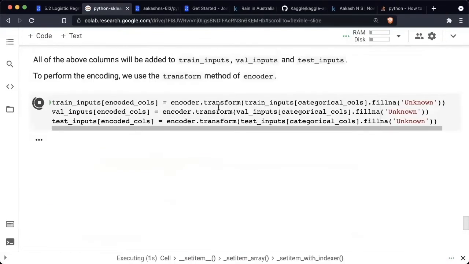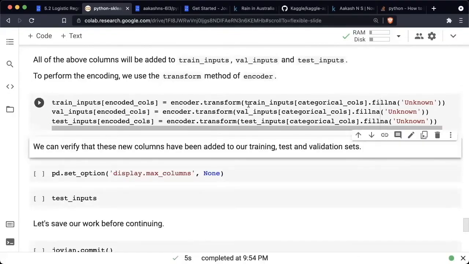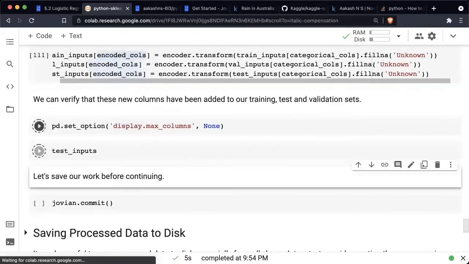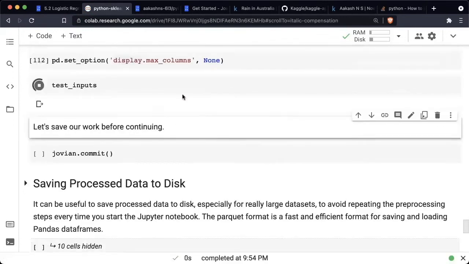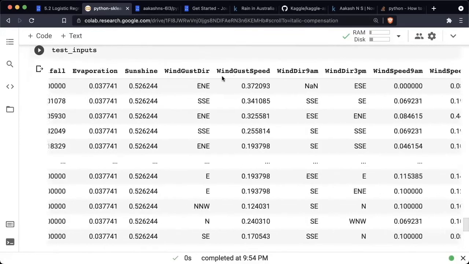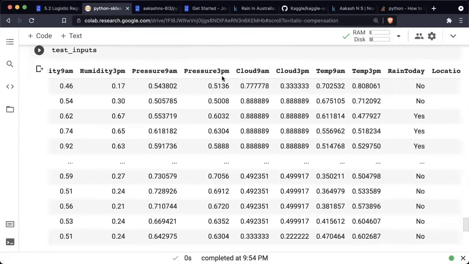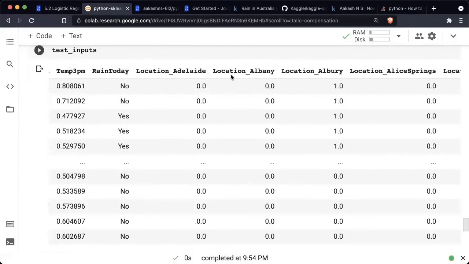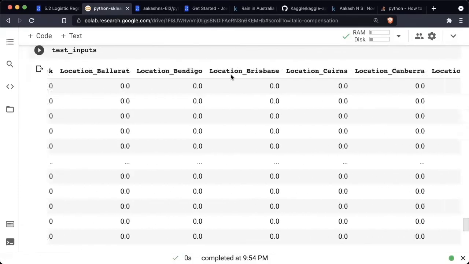So what's going to happen here is it is going to transform all those categorical columns, and it is going to convert them into these numpy arrays of one-hot encoded vectors, and then it is going to add those as new columns into the data frame. So let's view the test inputs, for example, what that looks like. And you will now see that we have location, min temp, max temp, all of these. But if you start scrolling further, you'll start to see all these new columns: location Adelaide, location Albany, location Albury. So like for